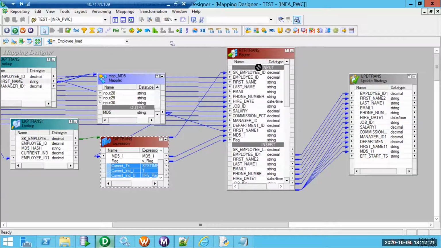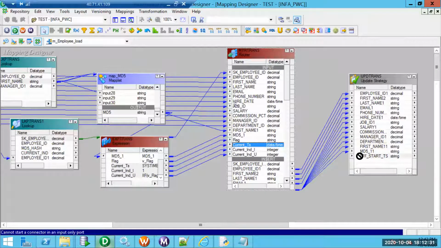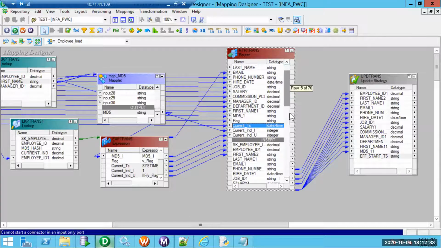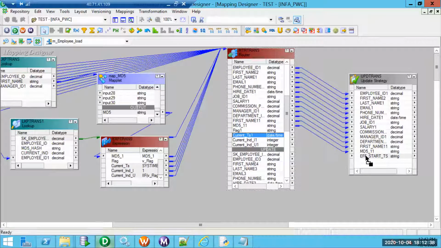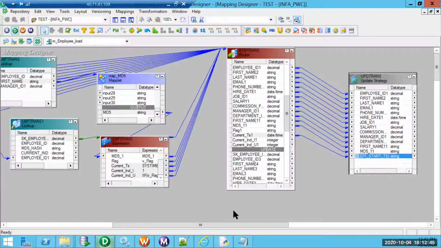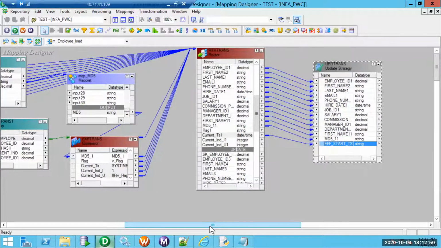If I see a plus, yeah, it will get added. So current timestamp I can populate to effective start date. I need to pull from insert mapping. We are not populating the effective end date whenever it is an active record or insert, because effective end date is only for those records where we are inactivating. Current indicator insert, yeah, perfect. I can use it here.